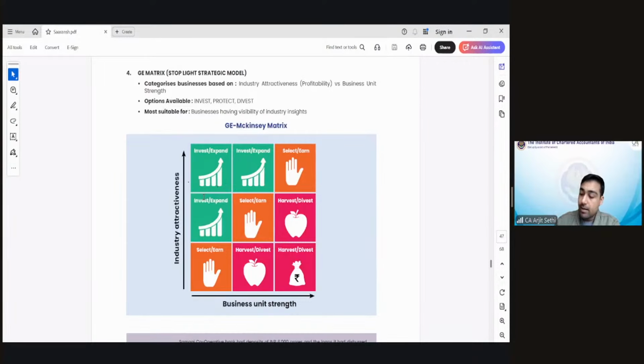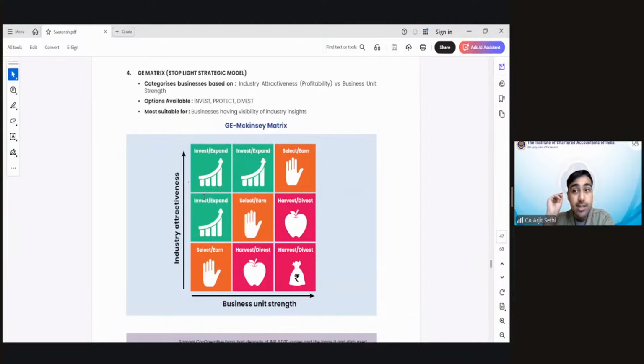Why? If tomorrow the doctor says, not 1,000 rupees, you have to give me 1,200 rupees, you will pay it. If your house help asks you to increase by 200 rupees, you will say no, no, no. I will increase because I like you, but I will not increase 200. You will bargain. Have you ever bargained with a doctor? Have you ever told a doctor, no, no, please, not 500, charge 300? You can't do that. That's industry attractiveness.